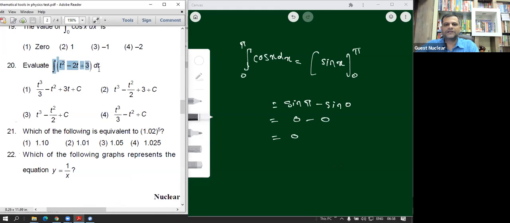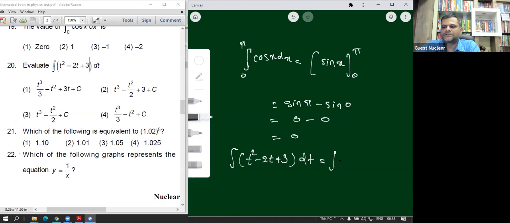Solve this. Integration of t square minus 2t plus 3 dt. Okay, how will you get this integration? तो उसके लिए हमको ये करना होगा कि इंटीग्रेशन सबसे पहले सेपरेट करना होगा तीनों टर्म्स के लिए। तो देखो टी स्क्वायर का इंटीग्रेशन हमने सबसे पहले किया माइनस इंटीग्रेशन ऑफ 2t dt